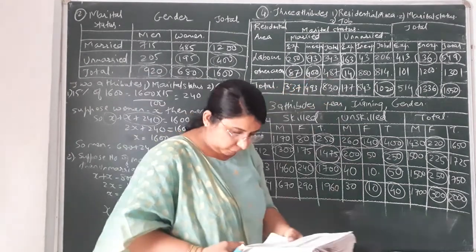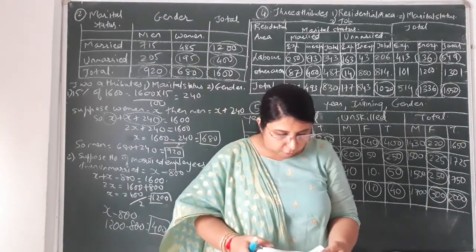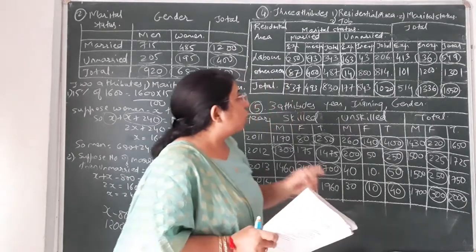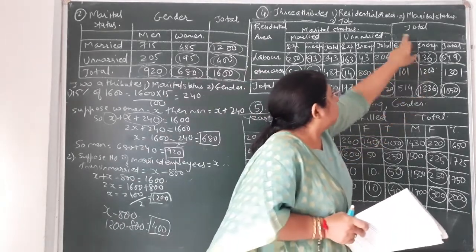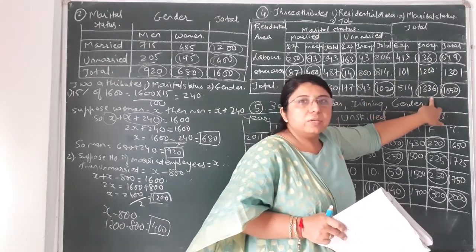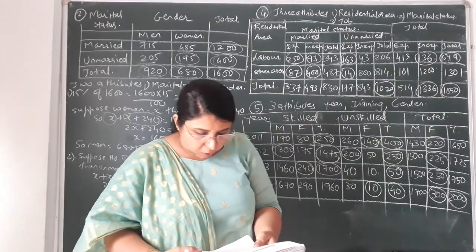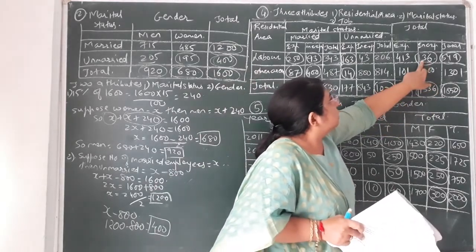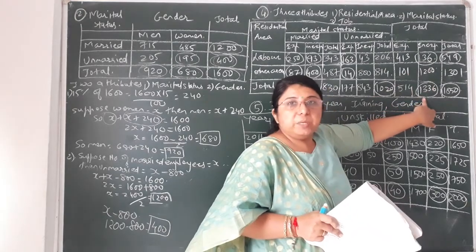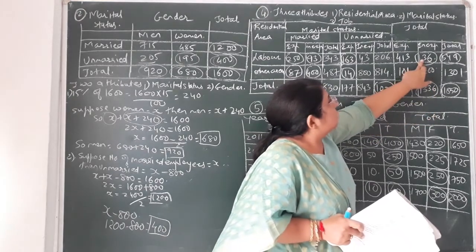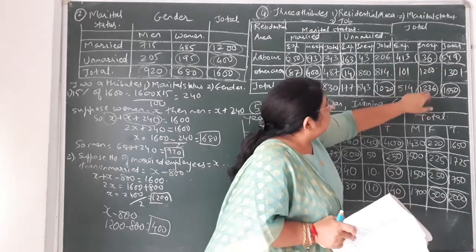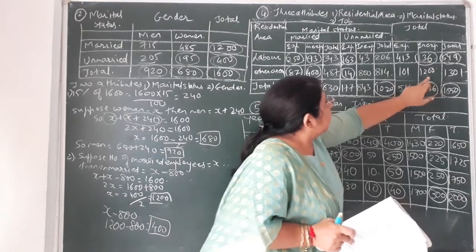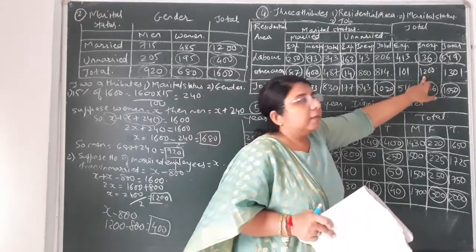Then afterwards, the total number of inexperienced women was 1336. You can see the total column, inexperienced total, that is 1336. And out of them 136 were from labor area. Means out of 1336, 136 were from labor area. So we can easily find the value from 1336. You will subtract 136, then you will get the number of inexperienced women from other area, that is 1200.